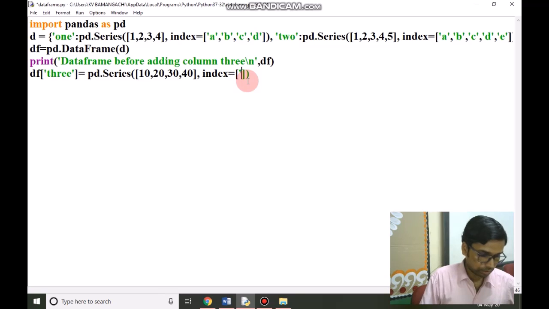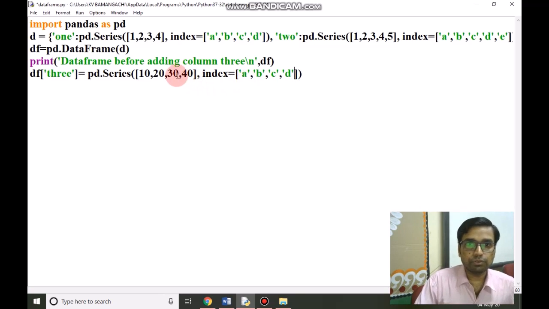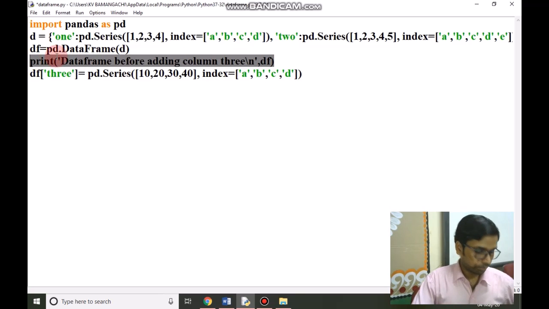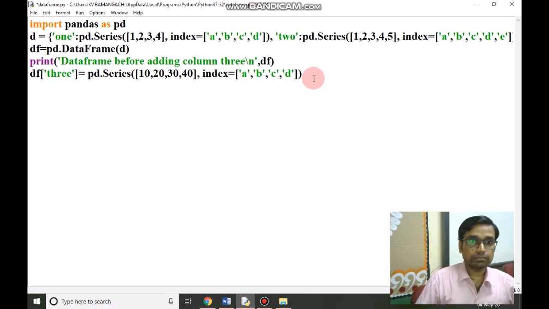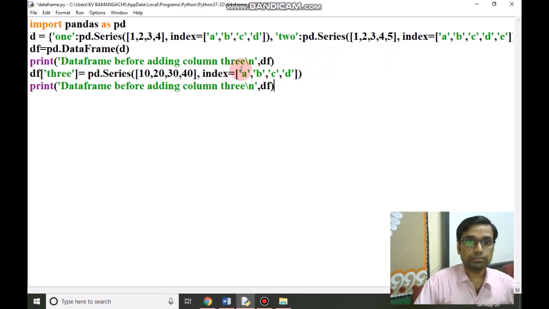So I am writing here A, B, C, D, because there are 4 data values. So I have written here index as A, B, C, D. Now you will print the data frame after adding column 3.